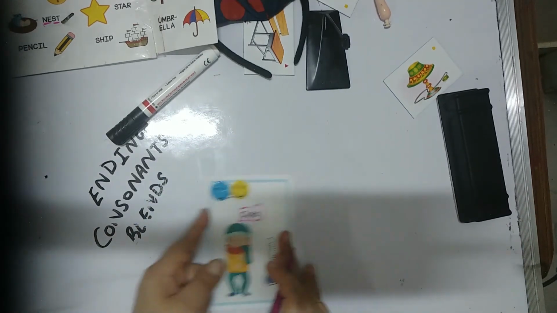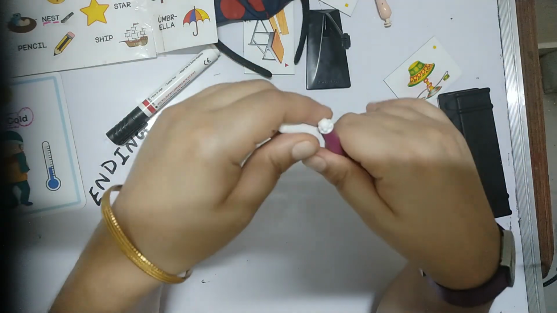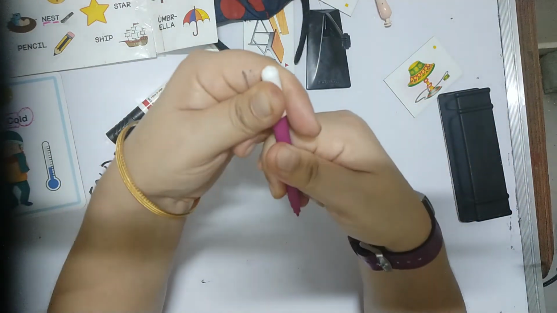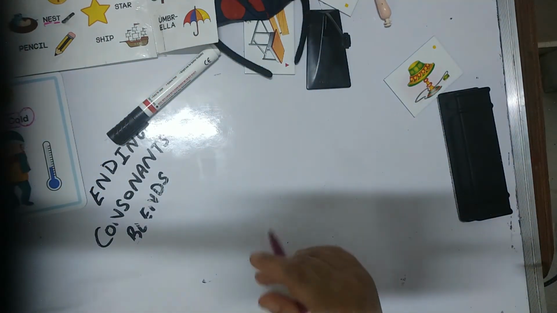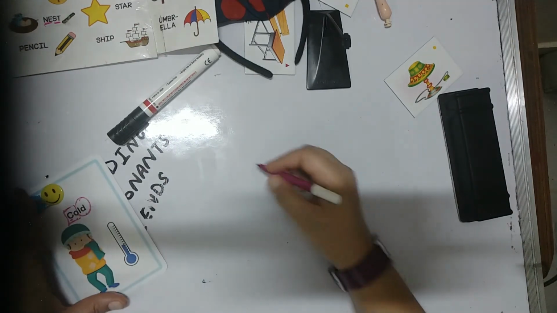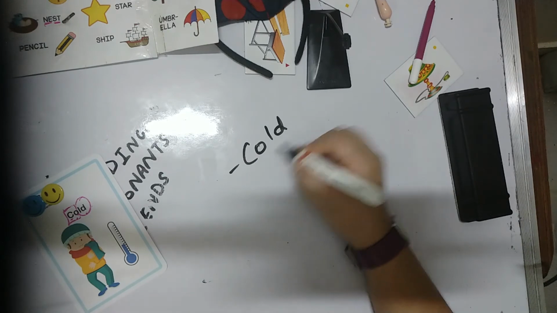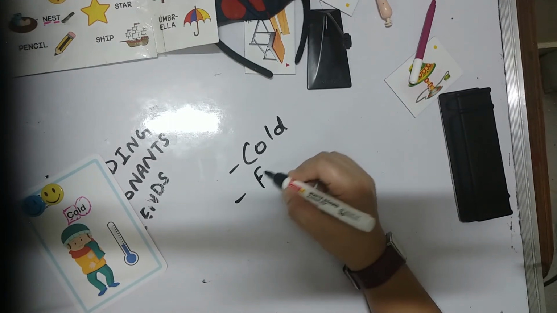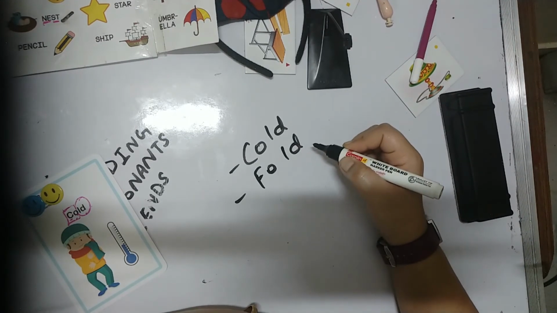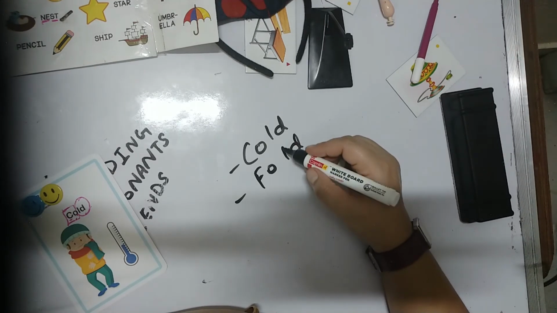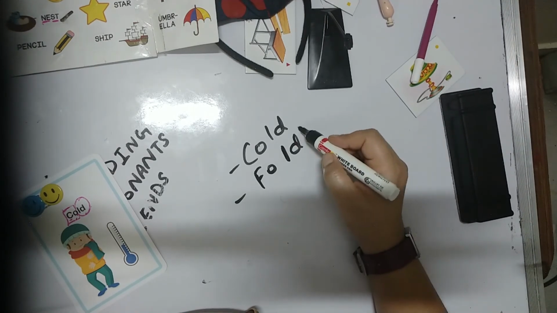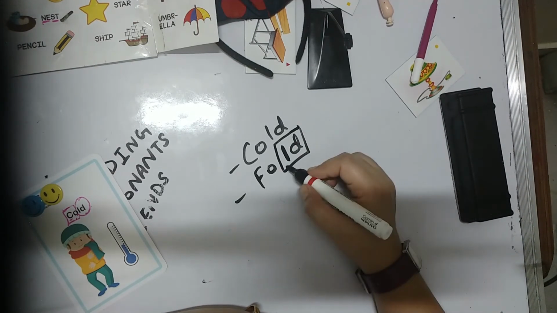In this way you can play around with flashcards or plastic alphabets or whatever you have at home, or any toy, so the child can understand in a better way. Suppose you are teaching cold, related to this word you can teach many words, like fold. You can fold the clothes in front of the child and then ask what ending blend we have. So ld,